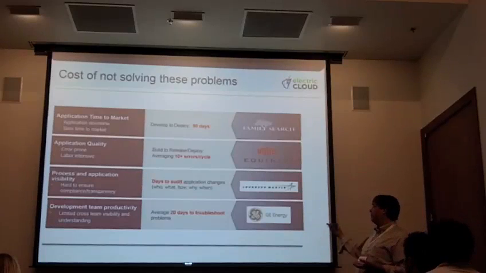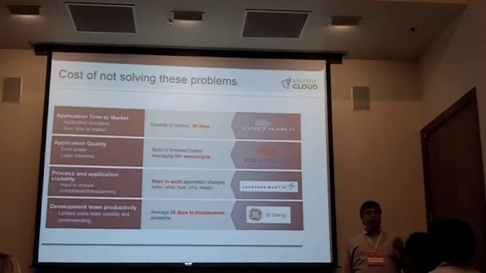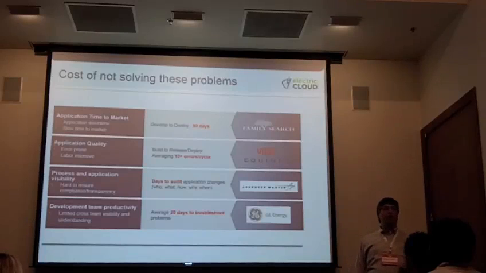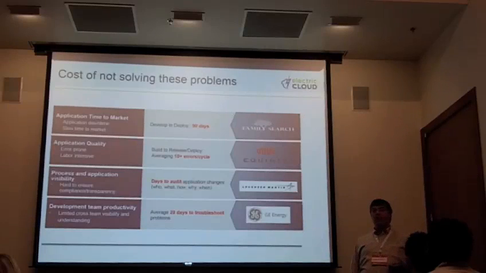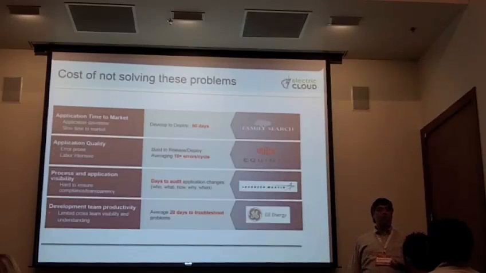Process and application visibility, in the case of a company like Lockheed Martin, where they have very, very strict audit requirements on all of their software. Who made changes to the software when, what was the tracking of that software, who signed off on it, how was it tested, all of these things would literally be, every single time they make changes, days and days and days towards the end of the cycle spent coming up with those audit reports.